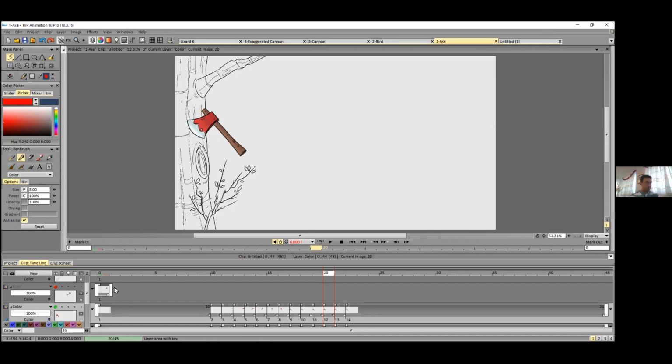Okay. An object spins around its center of mass, but the center of mass is not necessarily inside the object. It depends on the shape of the object. For example, here for the boomerang, the center of mass is somewhere like here. It's outside of the object. The boomerang spins around this point.